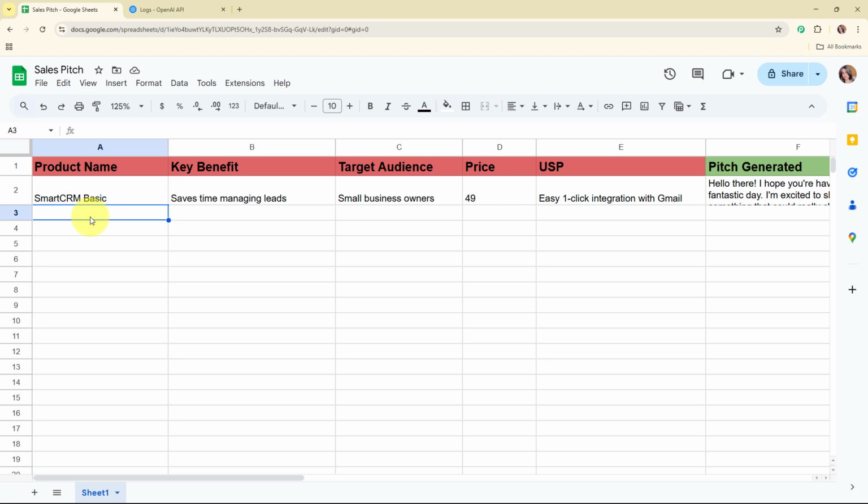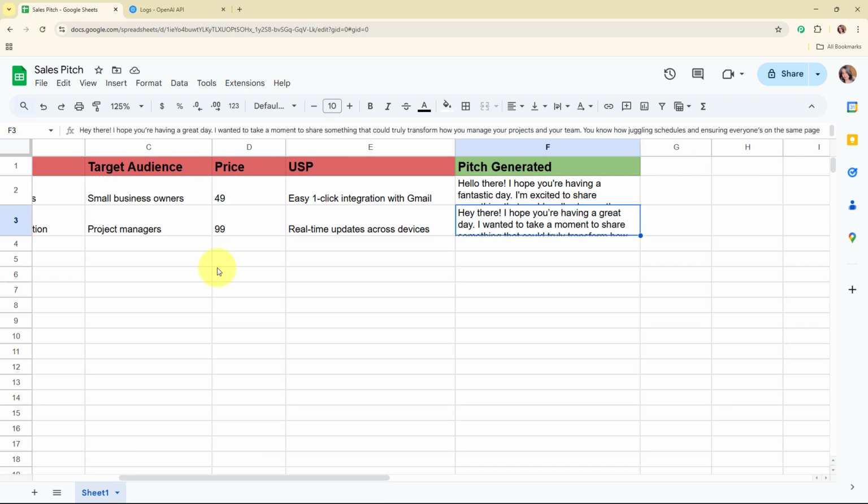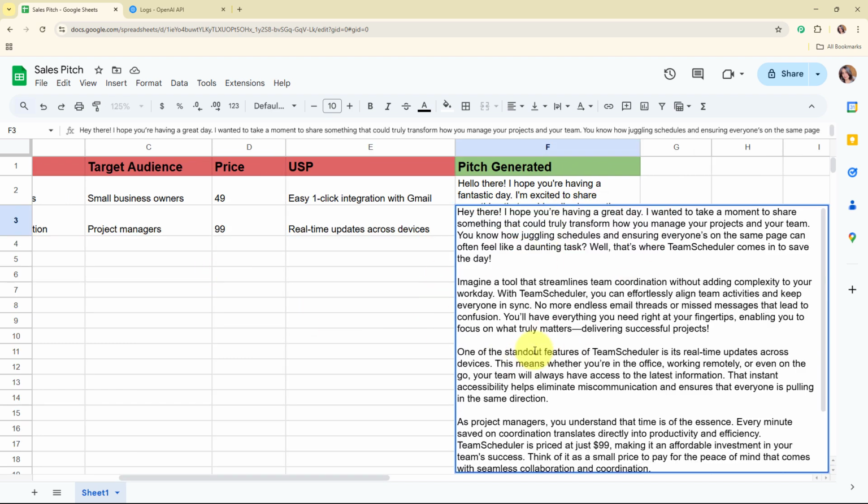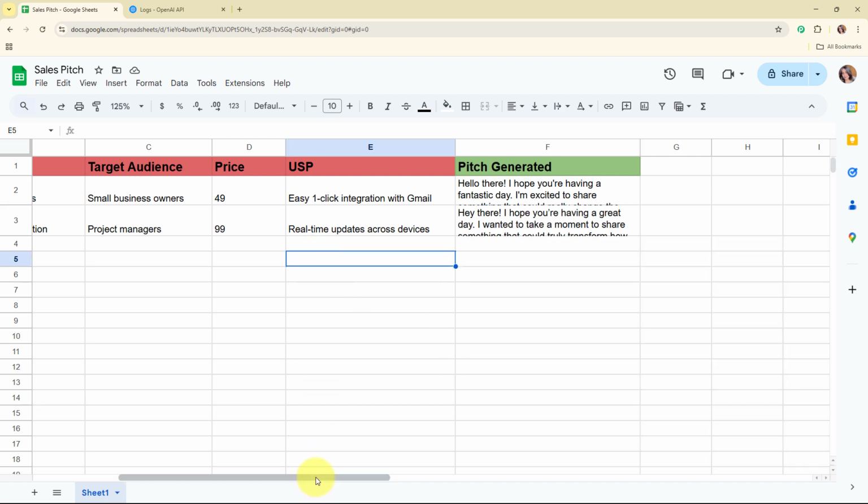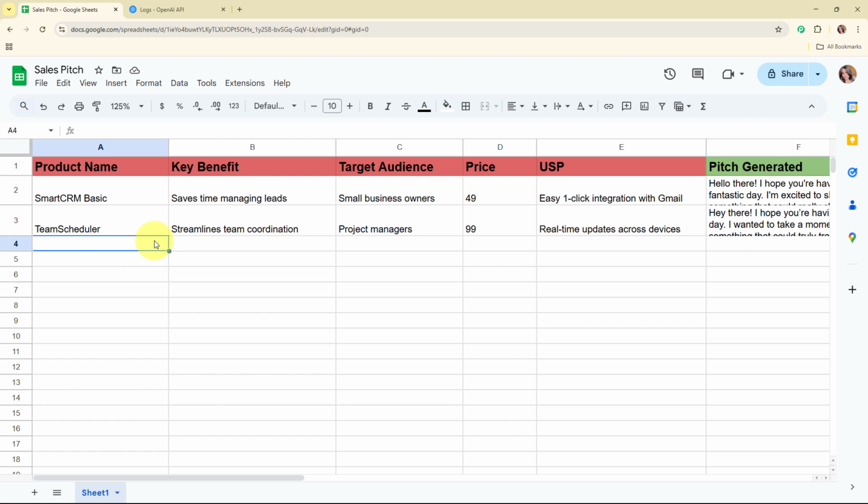So now to see the working of this automation, we are going to add a new detail here in our Google Sheet till the USP. So let me add the details. And here you can see I have successfully added a new detail in my Google Sheets, and as soon as I've added the detail till this USP, then automatically you can see a pitch generated has been added under this particular column. So this is the pitch generated by OpenAI. Alright, so with this we have successfully seen the working of this amazing automation.